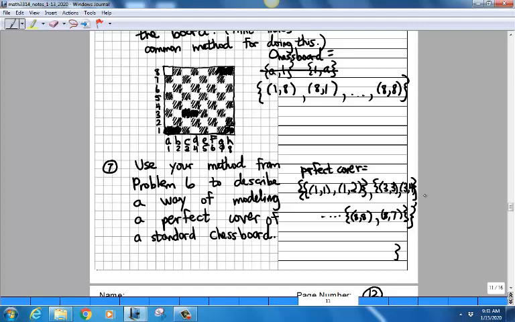So just because you have these 32 two-element subsets doesn't mean that it's going to be a perfect cover, correct? Okay. However,